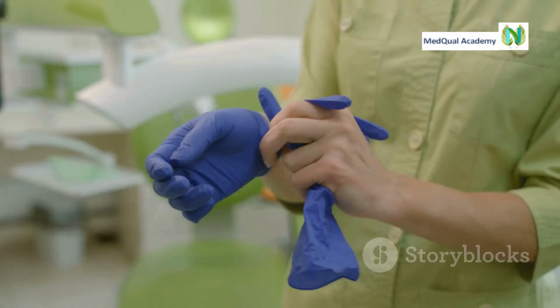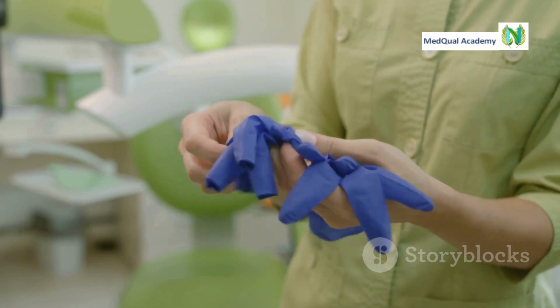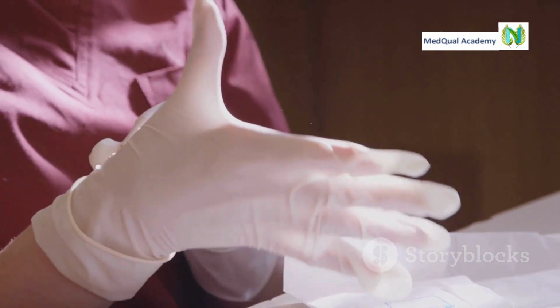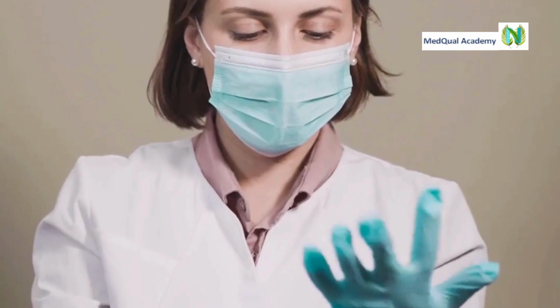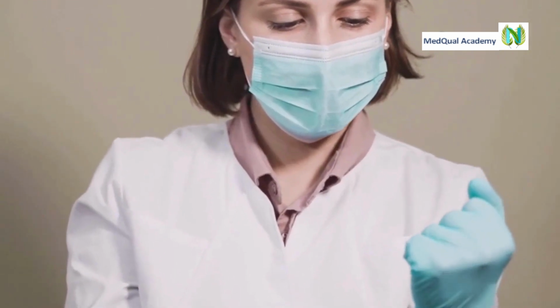But here's the catch. Using gloves the wrong way can actually increase the risk of infections, create unnecessary waste, and even damage the trust we work so hard to build with our patients. Throughout my years in healthcare, I've seen firsthand how glove misuse can have unintended consequences. We're talking about real-life scenarios, from anxious patients to serious infection risks, all stemming from something as seemingly simple as